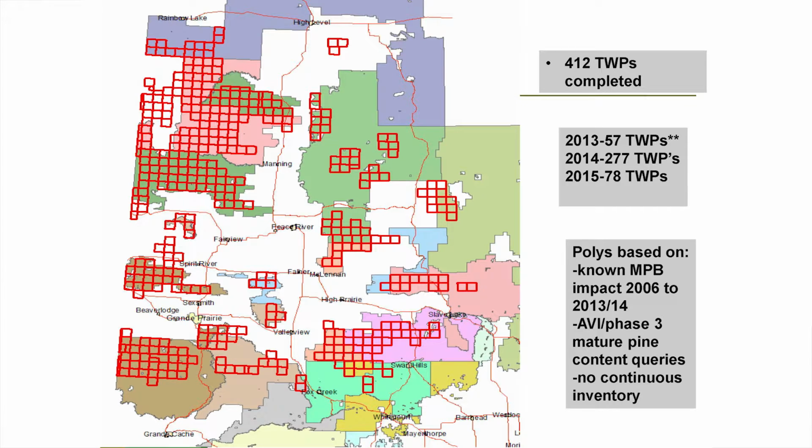So, the scope of the project. This is Camforce, this is G15, G16, this is Grand Cache here, about halfway between Grand Cache and Grand Prairie, and then down in this neck of the woods, and everything to the northwest of that was classified. We were looking for those stands that had some historical beetle and a pretty good level of pine. I wasn't looking for every single AVI polygon of pine, which is just not reasonable, but for those ones that, if they were to die, would be significant. So it ended up being 412 townships of area, which is pretty huge.